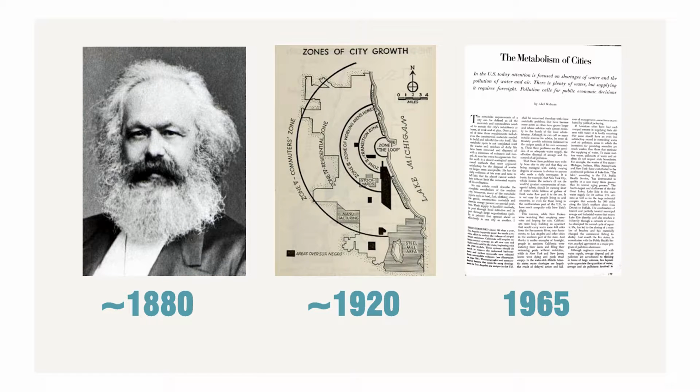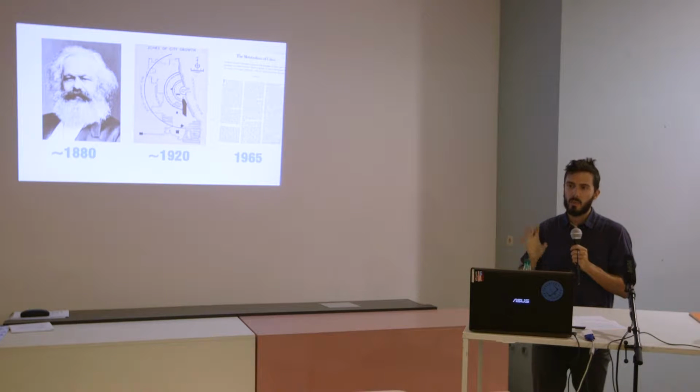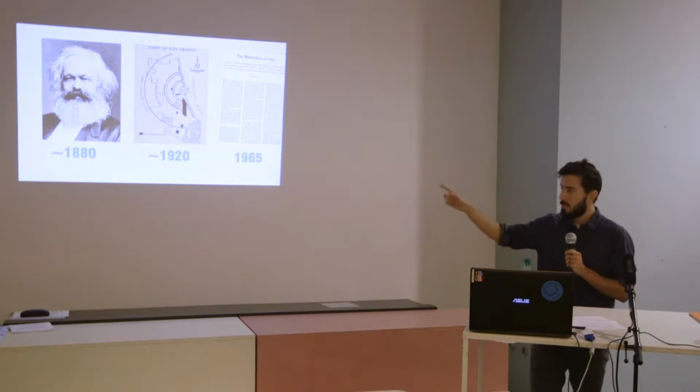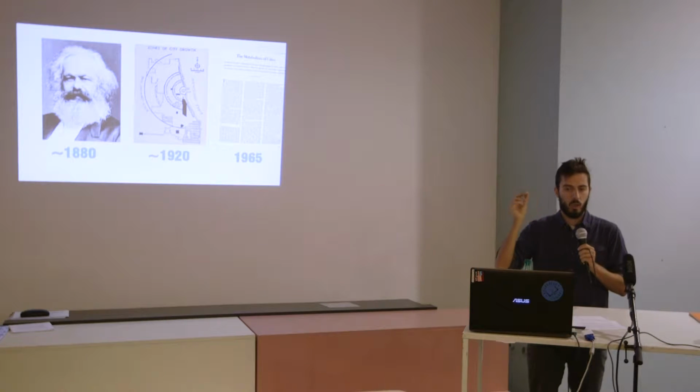Now the story goes back to this bearded guy. He's very well known. Back in Capital, when he wrote that in the 19th century, he already started talking about urban metabolism as the interaction between society, technology, and the capital. This metaphor has been used profoundly and profusely. In the 1920s, you see the Chicago School of Sociology. It was used by Park as the metabolism being the pulse of the city. Over here, this is Chicago, and this loop system. The metabolism was how residents were going from one class to another and to another, were pushed outside of the loop. And then there were other people in between those two,